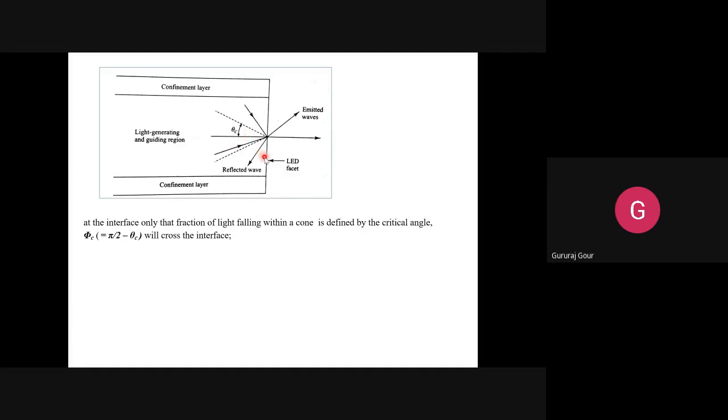So, external quantum efficiency. One more good thing I want to mention, guys: no derivation is there for this one. You just have to remember this, at least to go forward. We are directly making use of this equation from the textbook. External quantum efficiency, zeta external, is given by 1 by 4 pi. We are integrating because we are interested in the density of the carriers or photons falling within this cone, so we need to estimate the area under this cone, that is 0 to phi c.